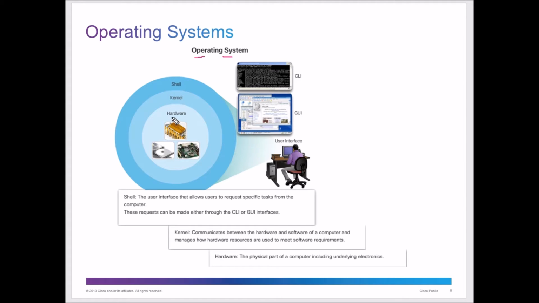At the lowest level, we have our hardware. That can be anything from a motherboard or devices on the hardware, maybe like a CD-ROM, or the hardware that interacts with each other, from the RAM, the random access memory, to all of the other devices. That all interacts at the hardware level. And then we have the kernel, and then we have the shell, and on top of that we have the GUI, or the graphical user interface, and the CLI, or the command line interface.